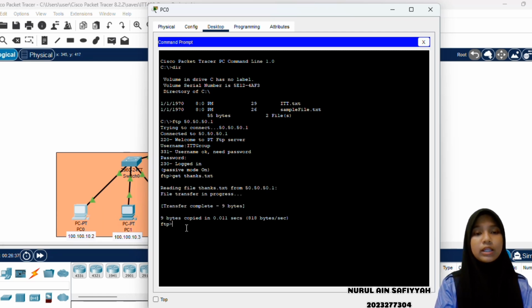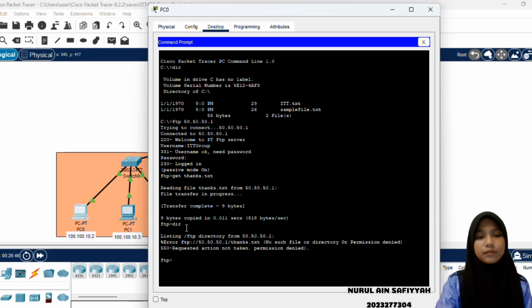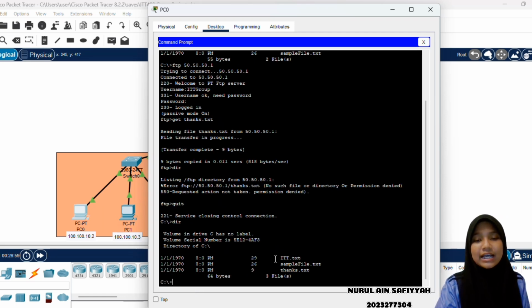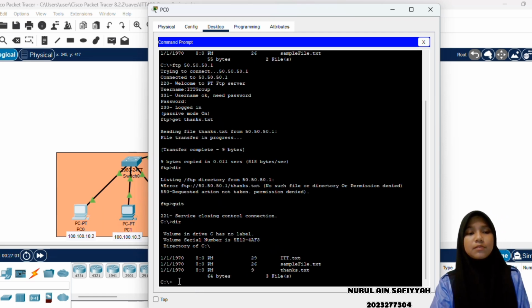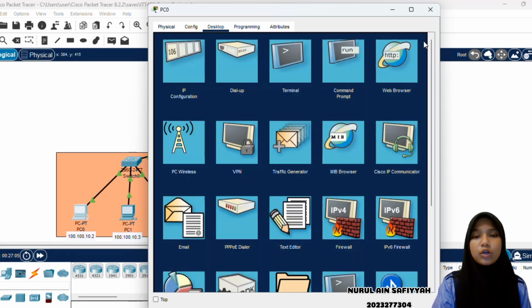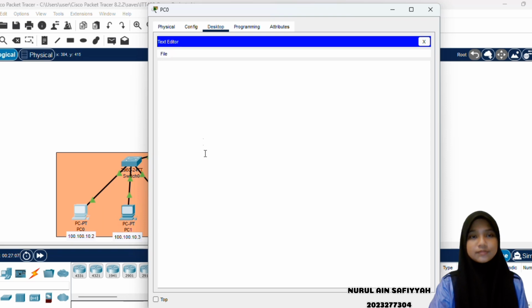So to see whether there is the file in the directory of PC0, we can write again dir. So I forgot, we need to quit first. So quit and write dir. So we can see there's a thanks file in this PC0 directory. So we can also see that by go to the text editor,